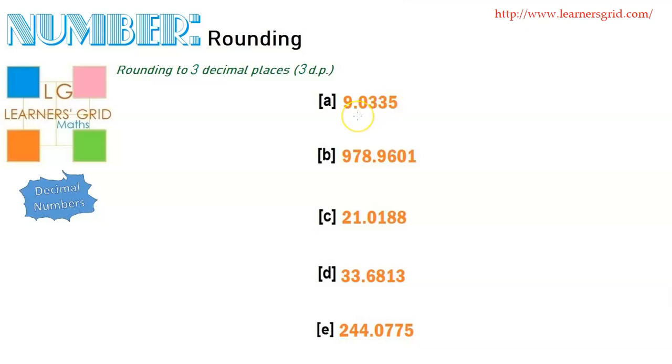Well, if we look at this first number here, we've got 9.0335. So your first job is to be able to identify the 3rd decimal place. This is the first decimal place. It's the place value immediately after the decimal point. This is the 2nd decimal place, and this is the 3rd decimal place because it's the 3rd digit after the decimal point. So this becomes, if you like, what I like to term the target digit, because that's the one